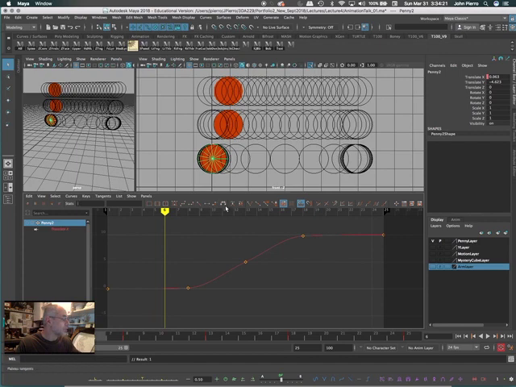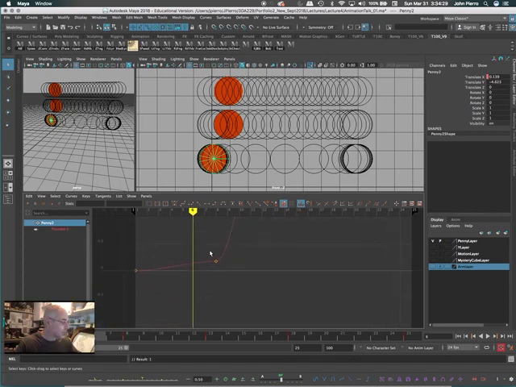The last one is called plateau. Plateau will give you actually some pretty decent results at times, but it'll also give you what we call plateaus. As you can see here, this gives me a slow out, and it gives me a slow in here before I go, as opposed to maybe auto tangent, which is going to keep that moving fairly smooth through the key. So really, auto tangent is your best bet to start off with, to set your whole scene to,